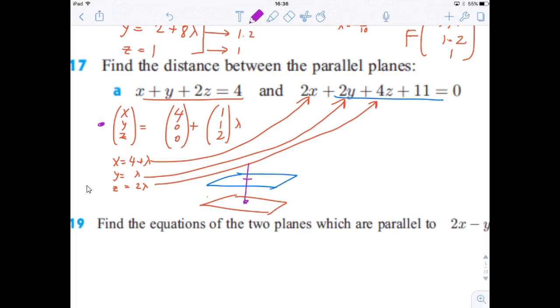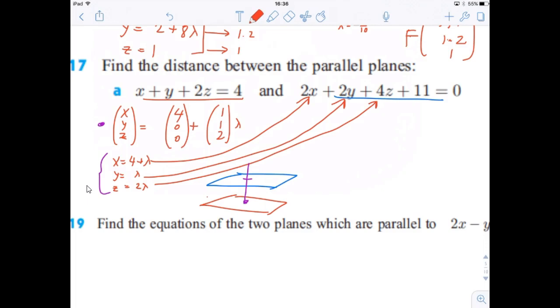And what I'm looking for is, when does this purple line equal the blue plane? So I take the parametric equations for the purple line and substitute them into the blue plane, and then I can figure out what value of lambda is when the purple line actually hits the blue plane. And that would give me another point to figure out the